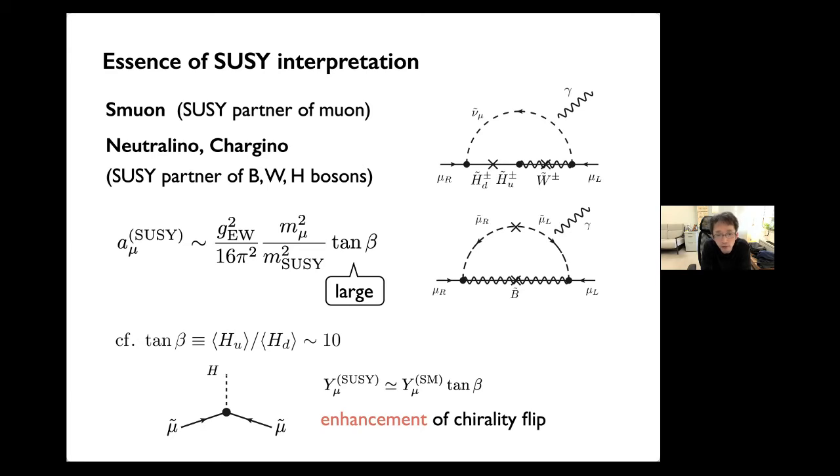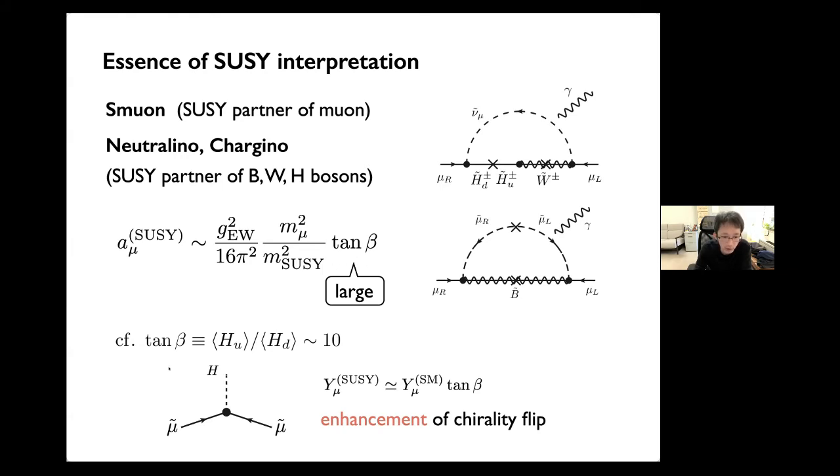There are two types of SUSY contribution. They both include the muon and muon sneutrino, and muon and smuon particles. This diagram includes a chargino, and this diagram includes a neutralino. So they are often called the electroweakinos. But anyway, these diagrams are the dominant contribution to the muon g-2, and this contribution is proportional to